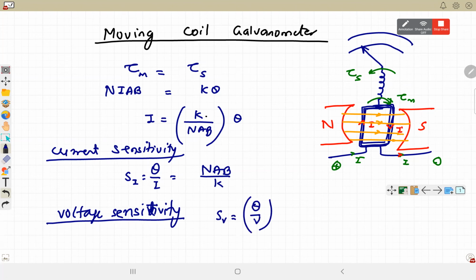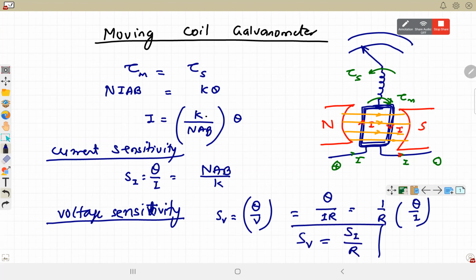Deflection per unit voltage, so that will be theta by I times R, which is 1 by R into theta by I. Theta by I is the current sensitivity, divided by resistance gives voltage sensitivity. R is the resistance of the galvanometer coil. So if we are using it to measure current, meaning if we are converting it into an ammeter,